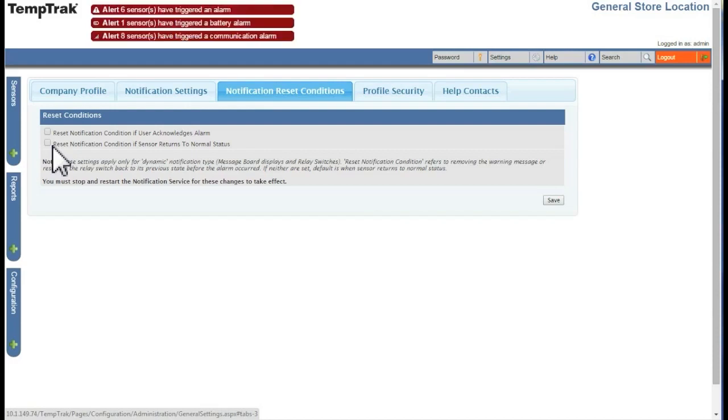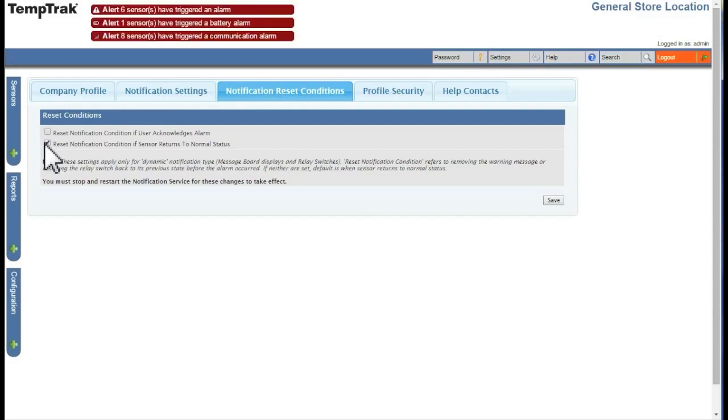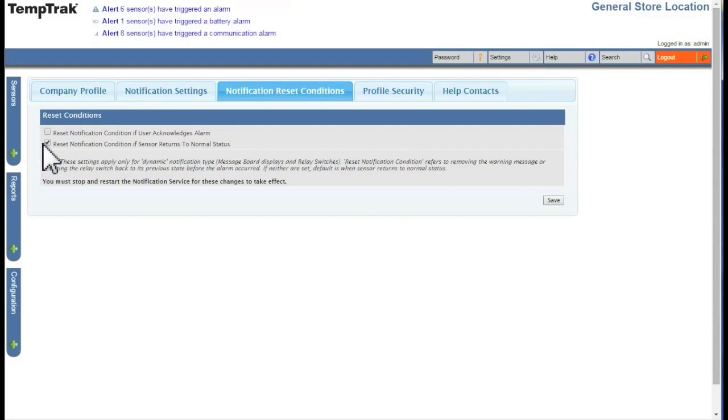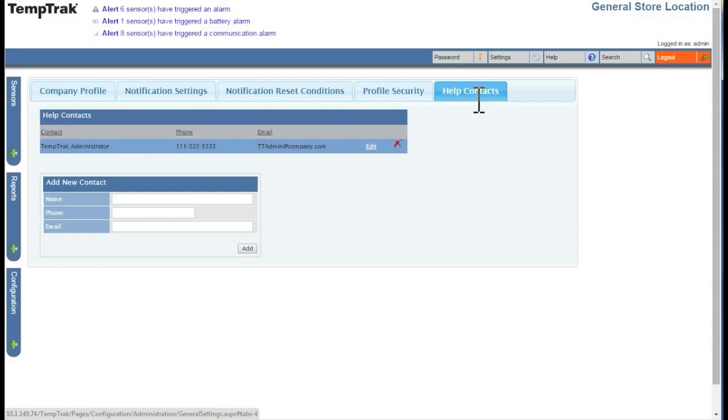By selecting the first box, if a user acknowledges or clears an alarm, the alarm will be removed from the message board or relay switch. By selecting the second box, the alarm or message will be removed when a sensor has returned to its normal state. Then save. Skipping over to the help contacts, the help contacts allow a TempTrak administrator to set up a